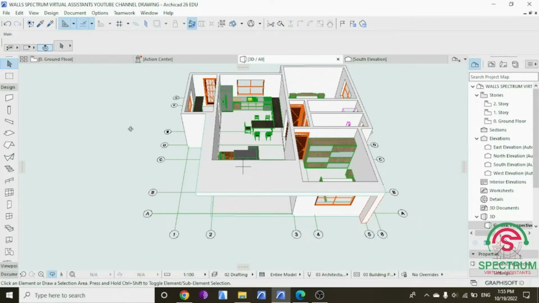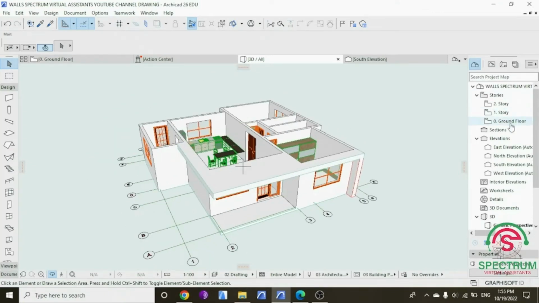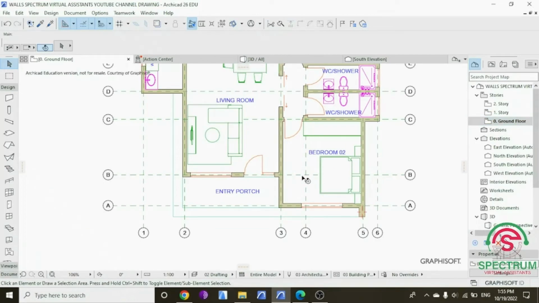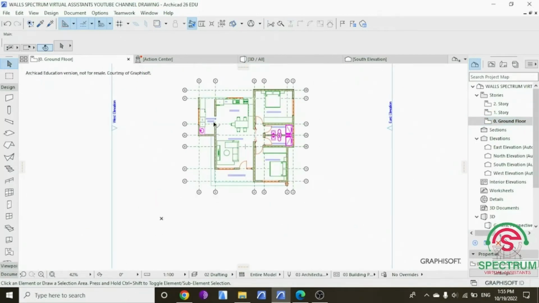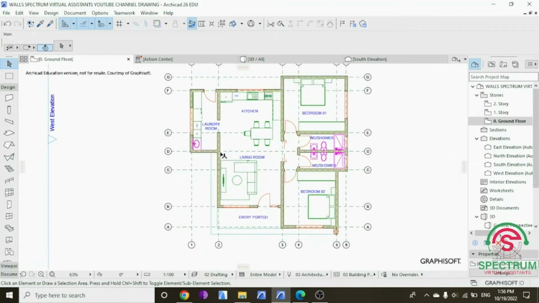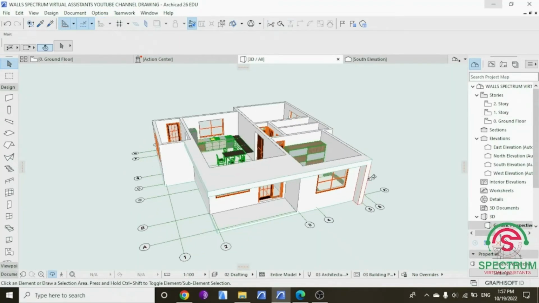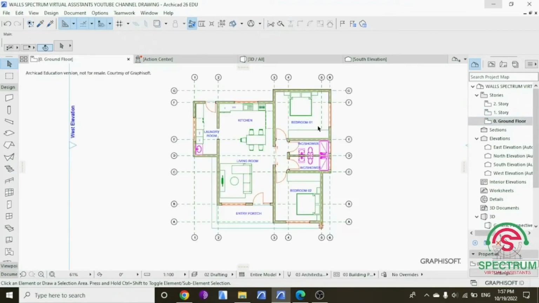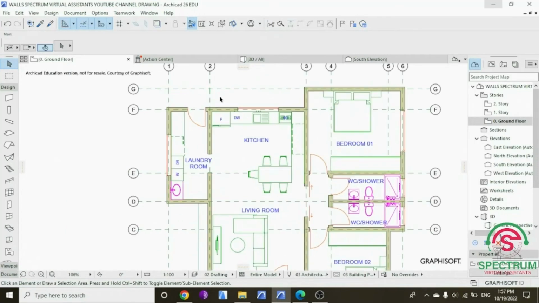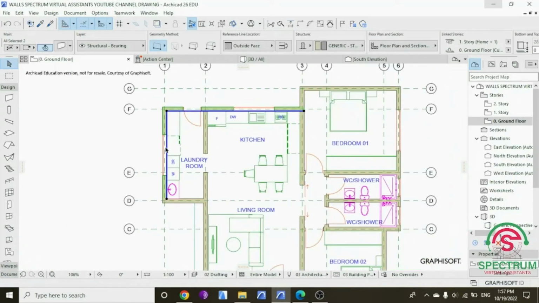Click on the ground floor. Let's select our external walls. Click on this point, this point, this,